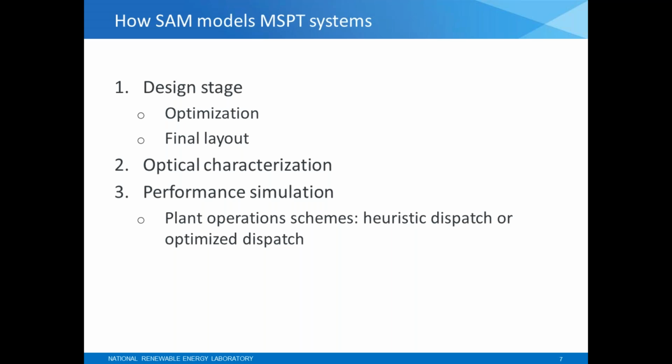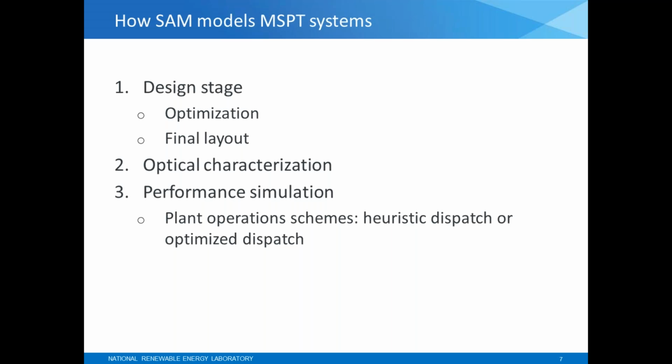That's choosing the parameters that describe your system, whether it's heliostat size or thermal rating or whatever, and then based on that design, generating a layout or undergoing optimization to generate that layout, and we'll talk more about that in detail. The second stage is an extension of the first, but is managed by SAM, and that is